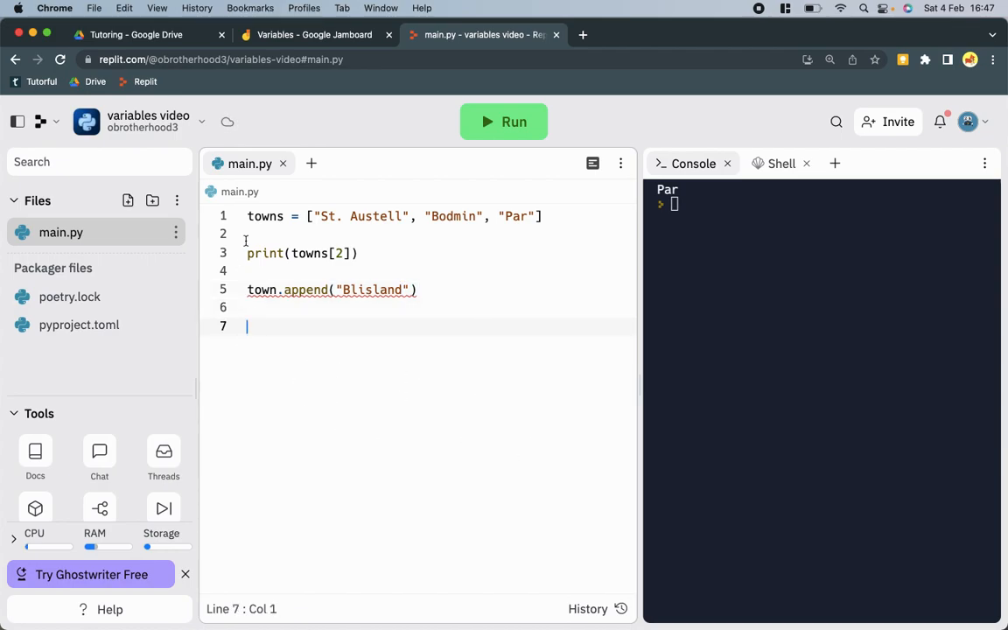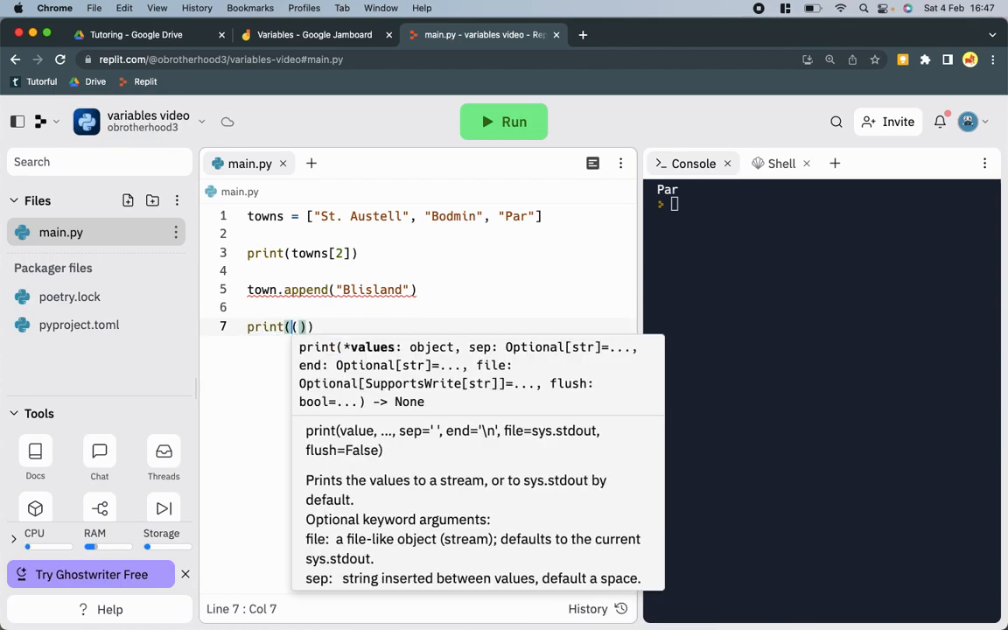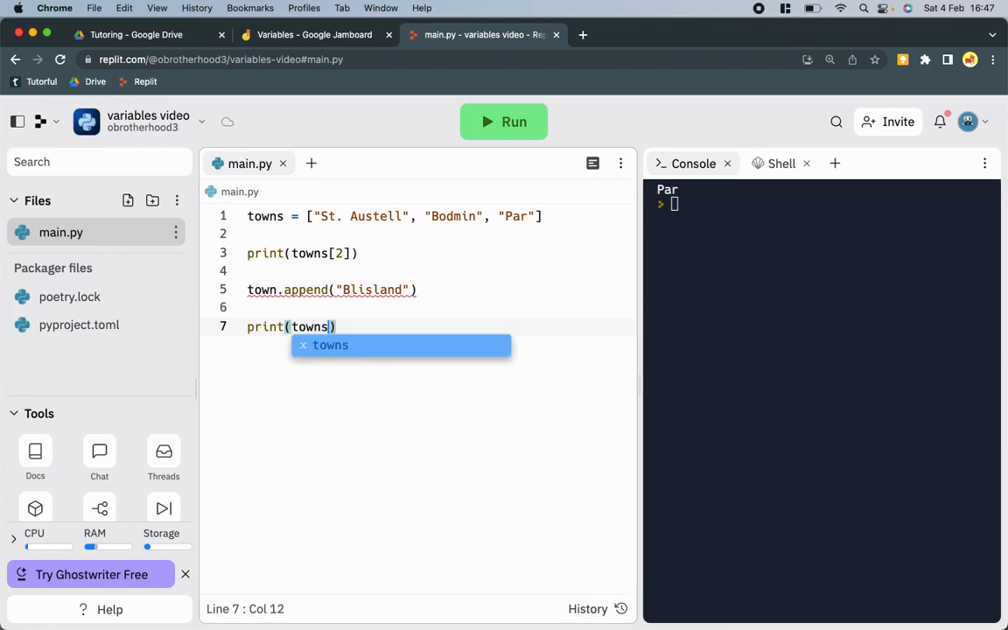Now, if I go to a new line on my program, I can use the output function again, which is print, type in the name of my list, which is towns, and then between the square brackets, I can call the index value of where Blissland will be. Now, there's already 3 items in my list. Par is at the index of 2. Blissland will be added to my list after Par, so therefore it will be at the index of 3. So I run my program,